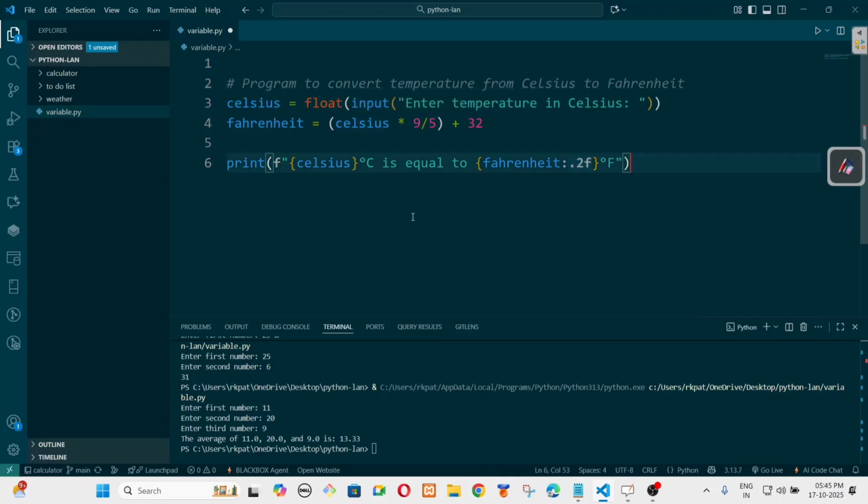But up to how long? The computer can do so much mathematics, so we cannot wait and count 0.123456 something. So .2f defines that whatever the result will be, it will be only up to two decimal places. After the decimal there will be only two values. So if we run this,